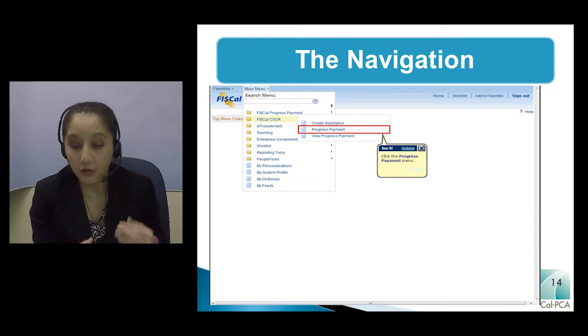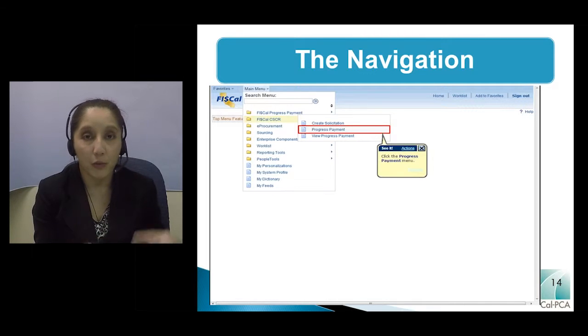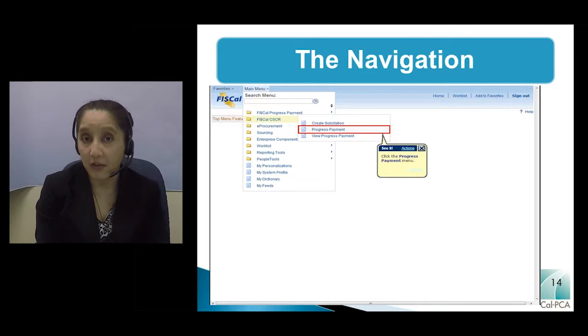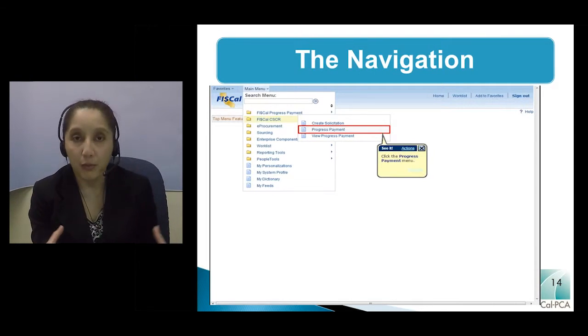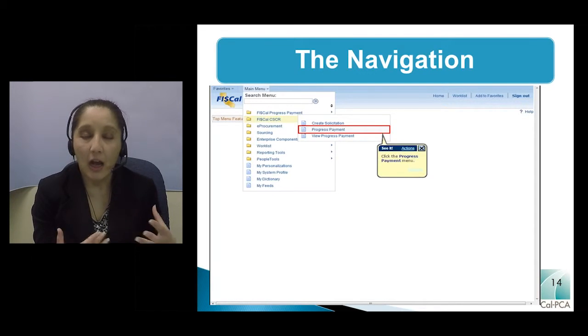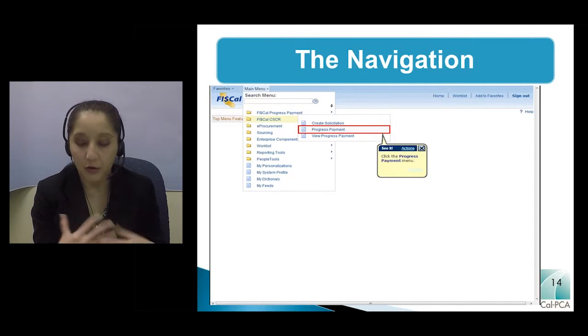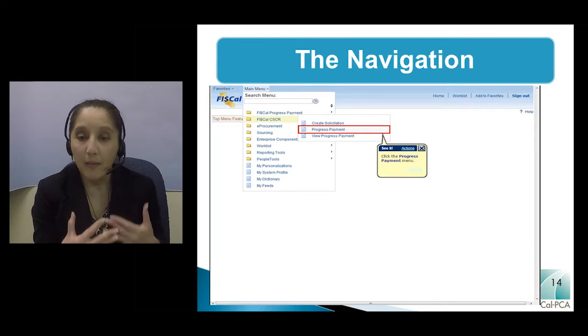Now, if you don't have this navigation, there could be a couple reasons for that. Number one, you were not properly mapped to the correct role in order to be able to post this. Back in February of 2015, your department went through a whole process of mapping all of you and your colleagues to proper roles to be able to operate within Fiscal. So, if you don't see this navigation, verify what role you are mapped to, speak with your manager or your department liaison, making sure that you do have the appropriate role